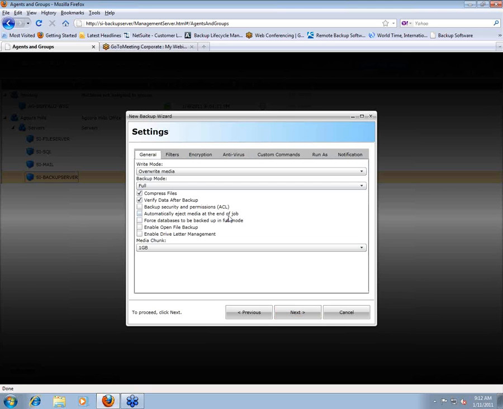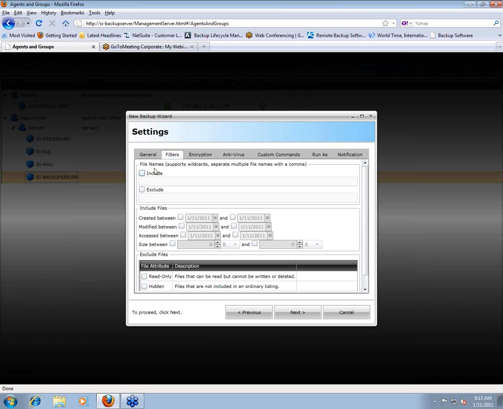device. I go next, and this is where I decide whether I want to do a full, incremental, differential, or a snapshot. And as you can see, it's very similar to the client. There's nothing to learn. You already know this. So over here you have either overwrite media or append to media. I can set filters, just like I can include, say, only the documents that I want to include, the .docs